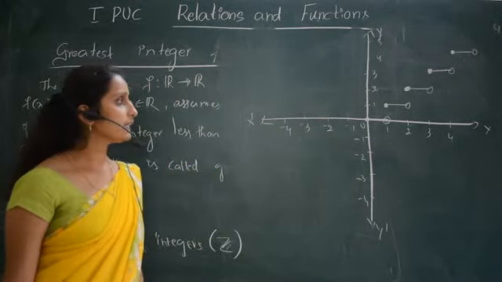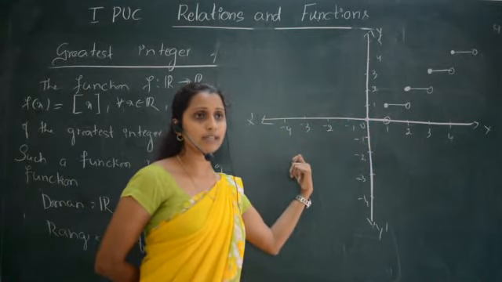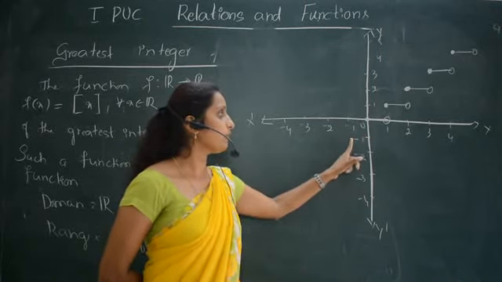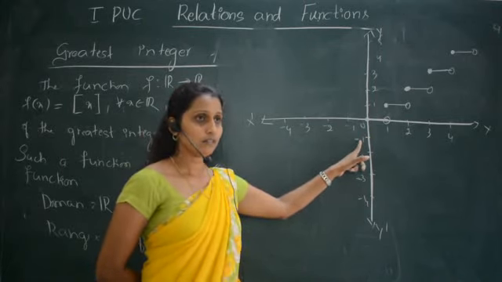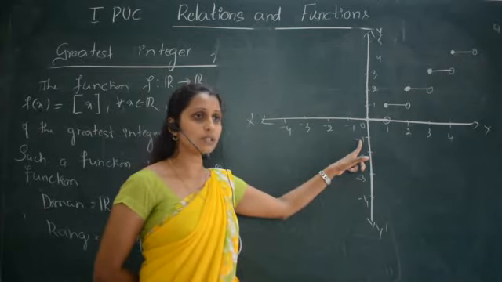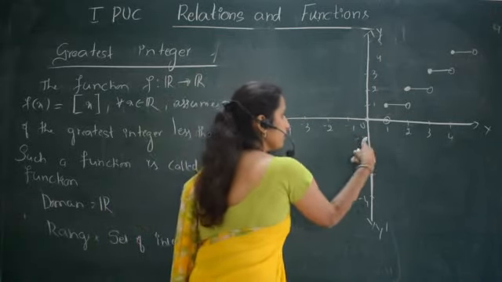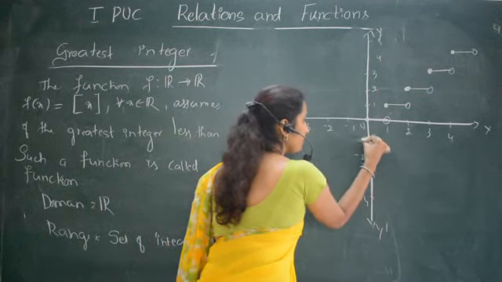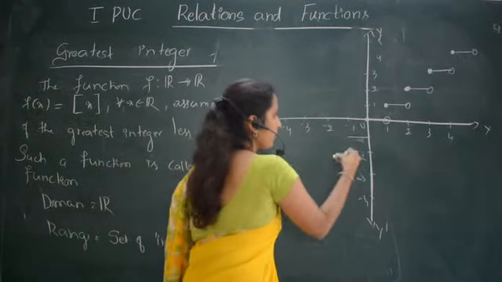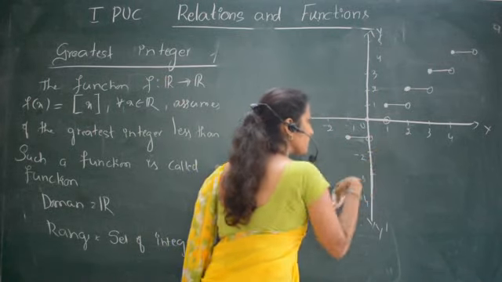Minus 1 to 0. When it is 0, 0 is already marked. When it is minus 0.1, that means somewhere here, then it is not 0, that will be minus 1, that comes here. Then when it is minus 1.2, that is not 0, that is minus 1. So that is also here. Therefore, in this interval, it will be like this. But here minus 1 is included, but 0 is excluded.